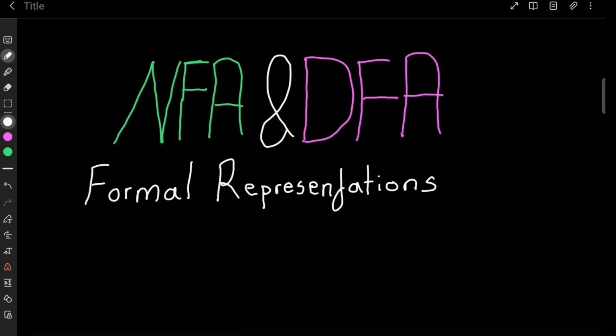Today we will learn the formal representations of NFA and DFA. When we say formal representation, we mean the 5-tuple representation. It provides a clear mathematical framework for defining the components and behavior of these automata. Let's write them. For DFA,